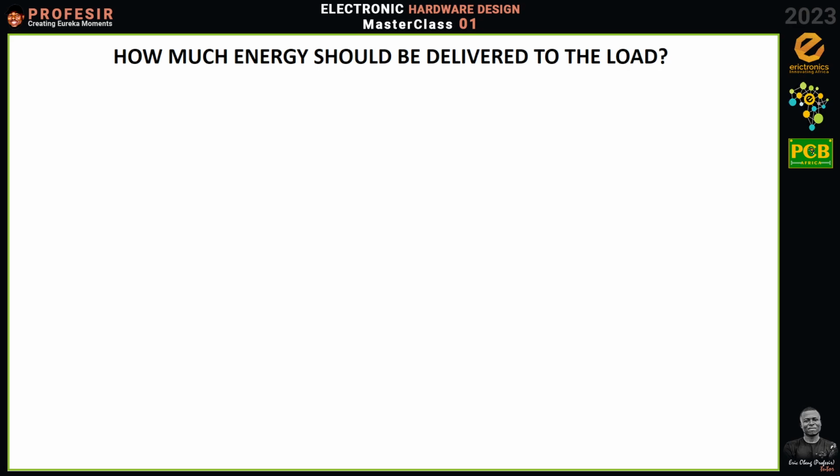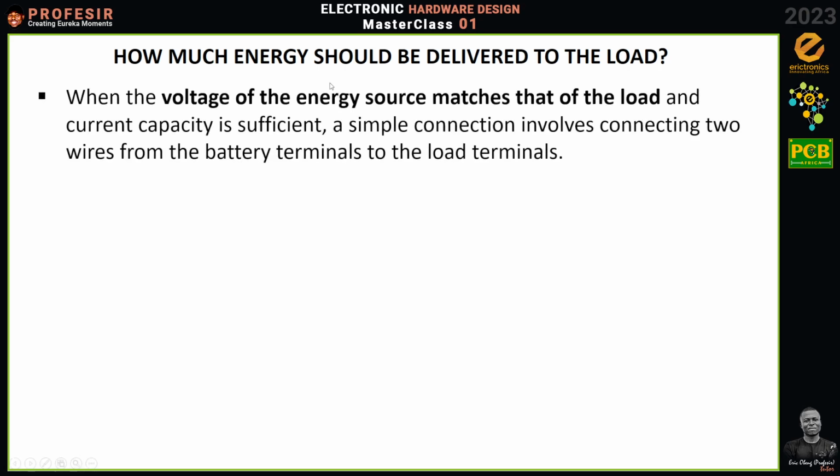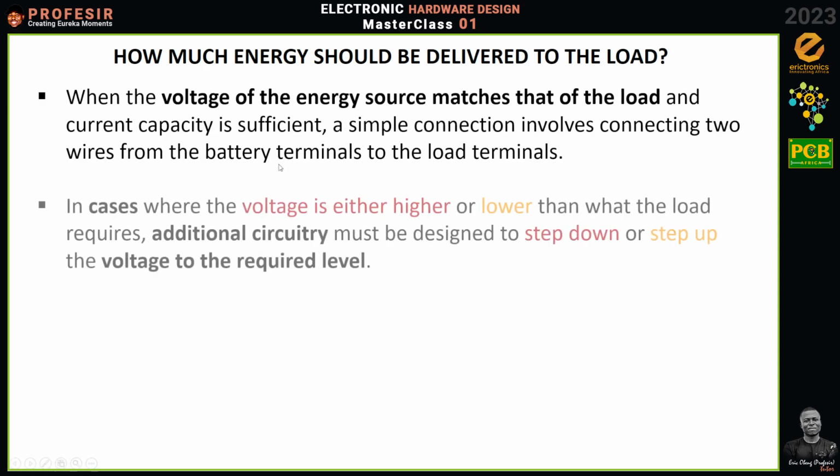Now, still on the question of how much energy should be delivered to the load. Okay, so I already explained that all you have to do is to make sure your voltage matches the load's requirement. For the current, you need the current to be at least what the load requires. You shouldn't worry about the system being able to provide more current than you need. You should rather be worried about the system not being able to meet your current requirement, because it is in that situation where it will have to compromise and cause a drop in your voltage. Is that okay? But like I said, so far as your voltage matches and your system can deliver the current that is required, you can just ignore everything else. Is that okay? Very, very important.